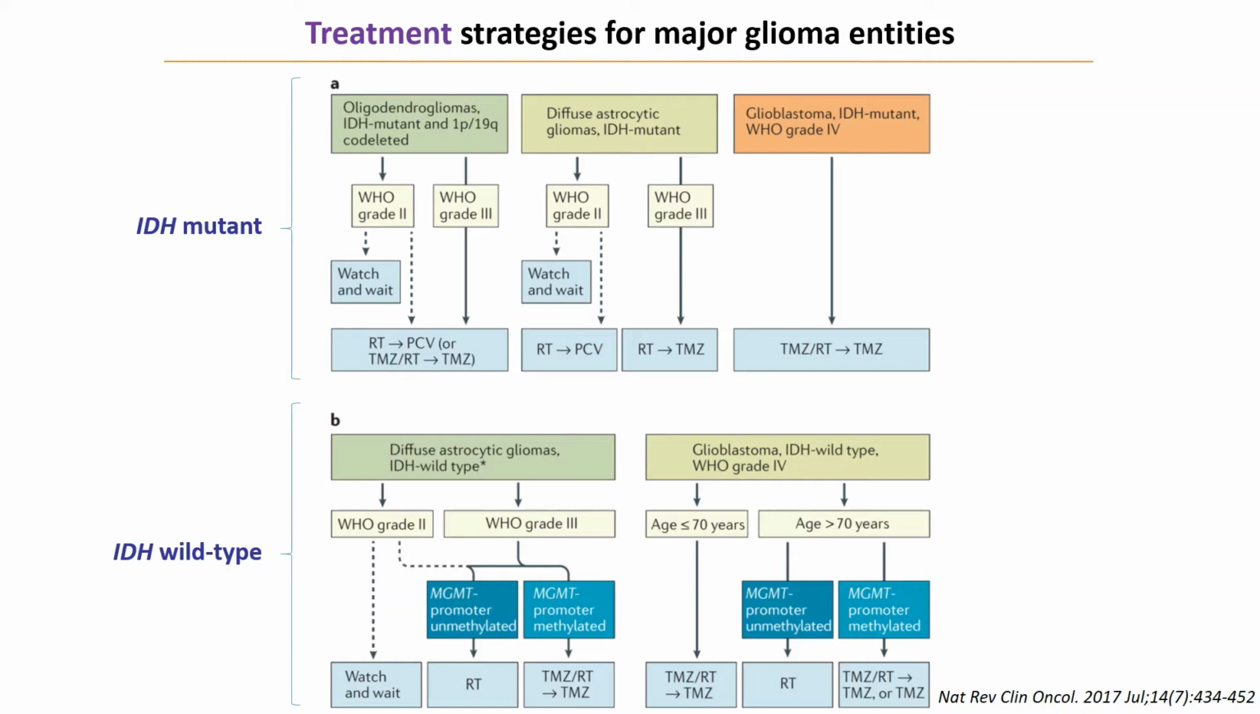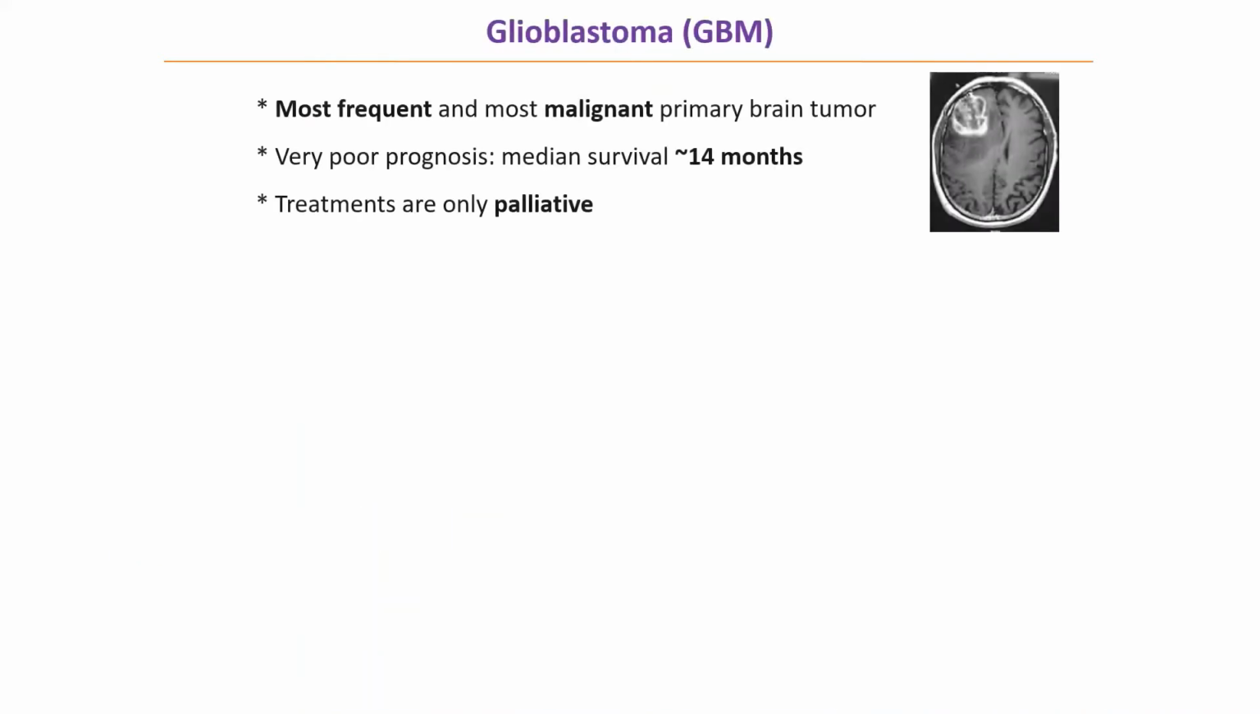Today I'm going to focus particularly on glioblastoma, or also known as GBM, because this is not only the most frequent but also the most malignant primary brain tumor. Patients have a very poor prognosis with a median survival of approximately 14 months, and unfortunately the treatments are still only palliative at best. When we compare how this situation has evolved in the last 3 decades, we can see